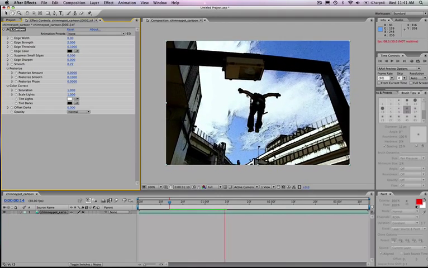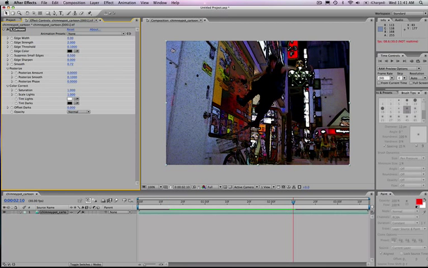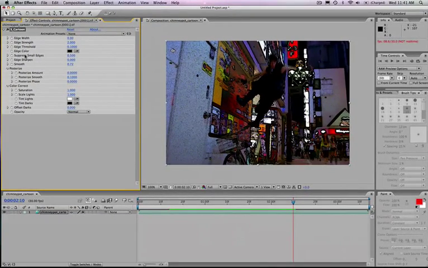However, one of the problems is you can see with those really fine edge widths, you've got all these little lines on pretty much every edge in the image. There's a whole bunch of noise. So it's pretty easy to get rid of that by turning up the suppression of small edges. That's the suppress small edges option right here. And what suppress small edges does is it looks at all the shorter, smaller edges, and the higher you turn that value, the less of those edges are going to actually get any sort of edge detection, any sort of line to them. So as I go ahead and turn that up, you can see immediately it's starting to pull away a lot of the additional edges that were there,